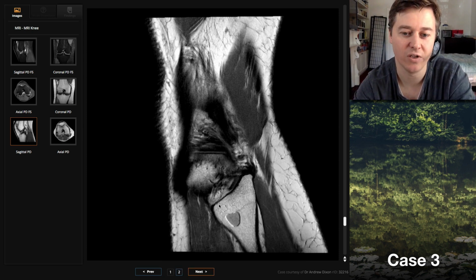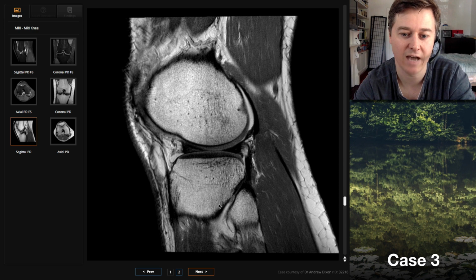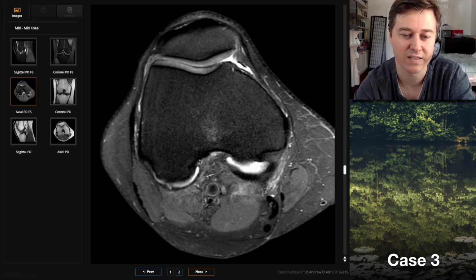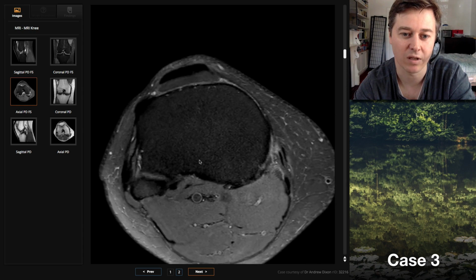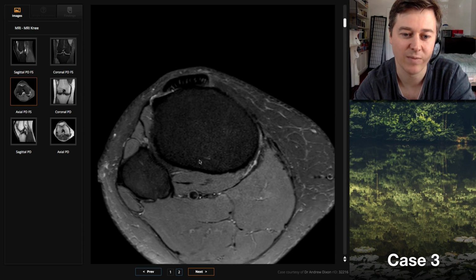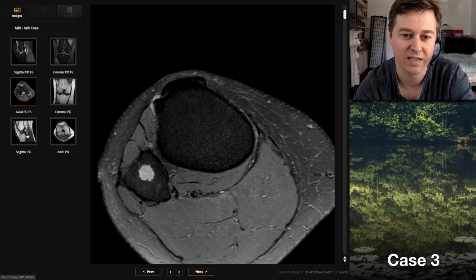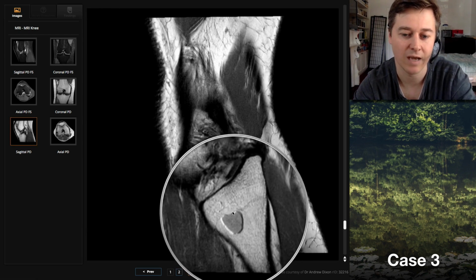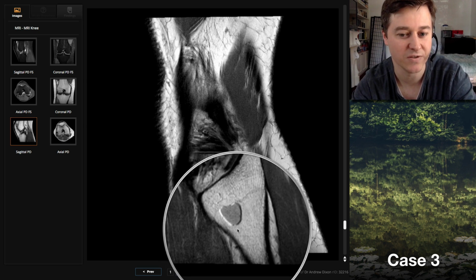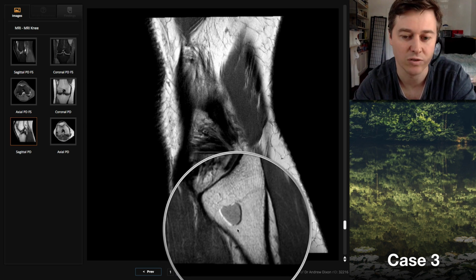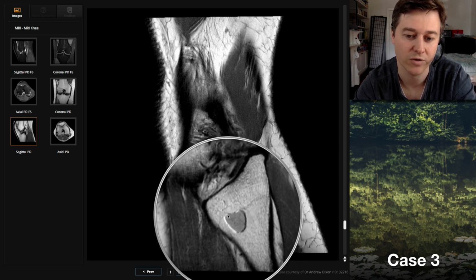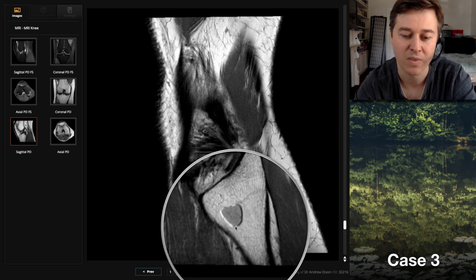So this lesion kind of follows the same signal as cartilage, doesn't it? It's kind of intermediate on the PD and then very bright on the PD fat sat. And that chemical shift artifact is quite commonly seen in enchondromas or low-grade chondroid lesions. You'll know about it from fatty lesions as well, but this is clearly not fat because it's still bright on the fat-saturated images. But yeah, this is quite typical of a low-grade chondroid lesion such as an enchondroma to have